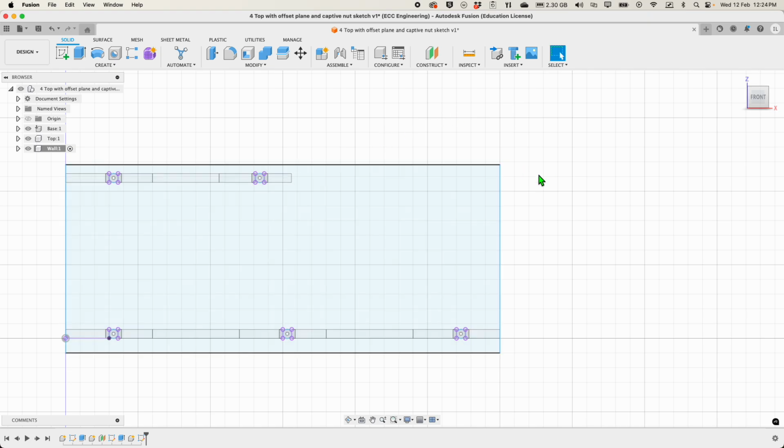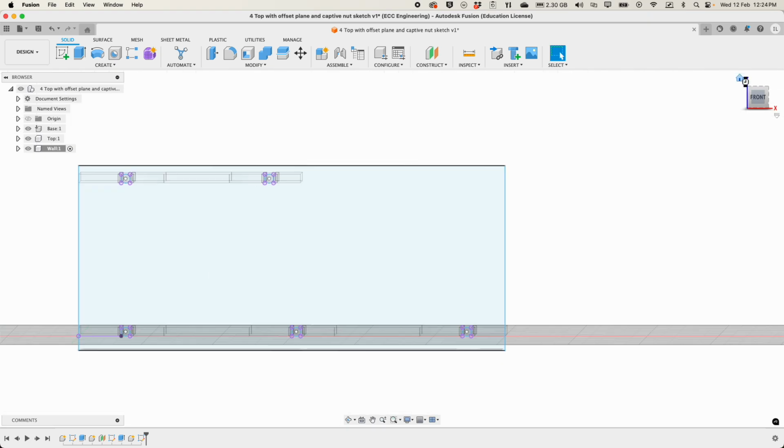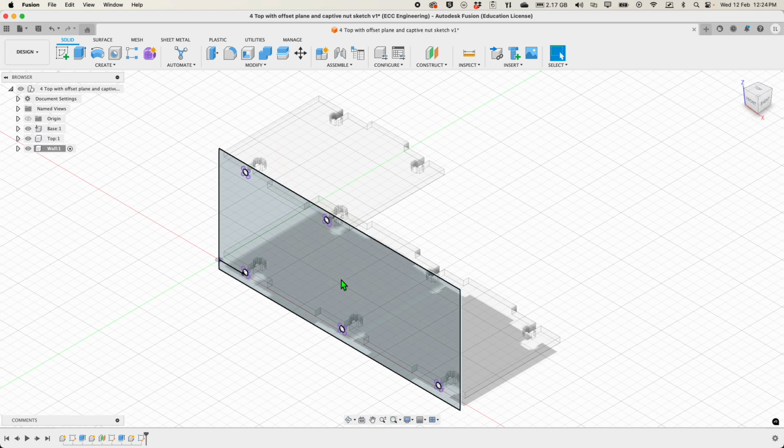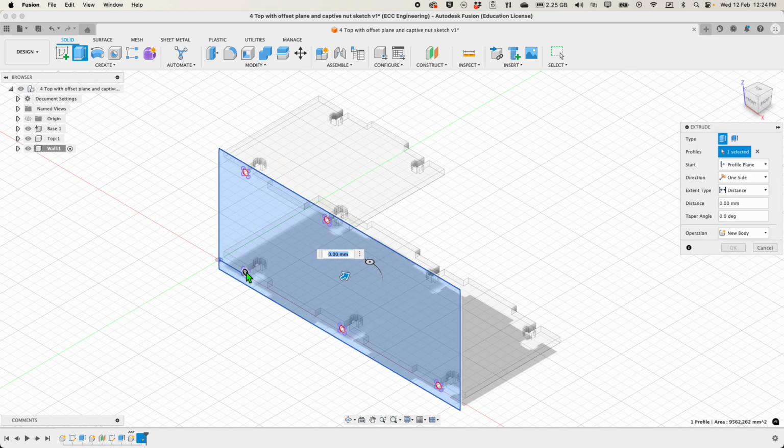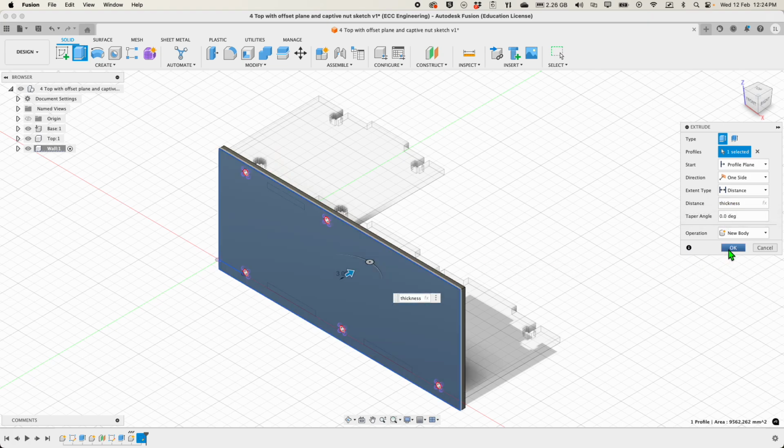Now, always before doing a press pull, I do the home button, and that tells me which way I need to extrude this by. Press pull, click on that. Look, it's already selected, or rather deselected those circles, which is perfect. And we want it to go in, so the arrow is going in. Remember, folks, if your arrow is pointing out, you got to put a negative sign, and that goes as thickness because I want it to go in. And okay,